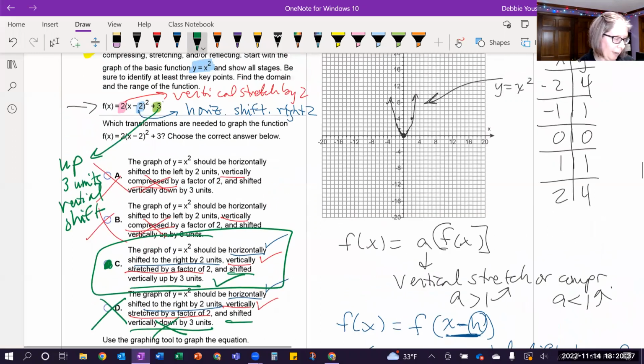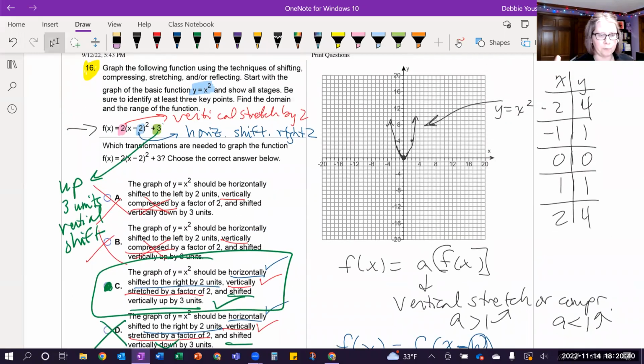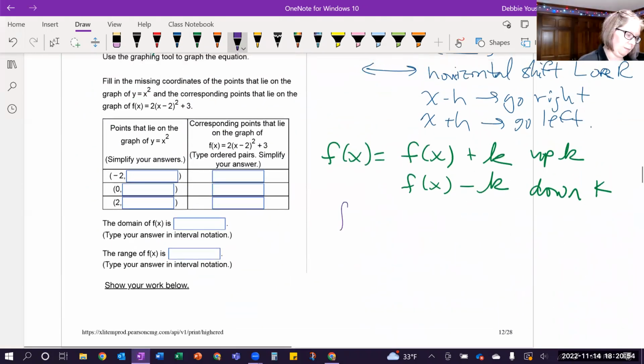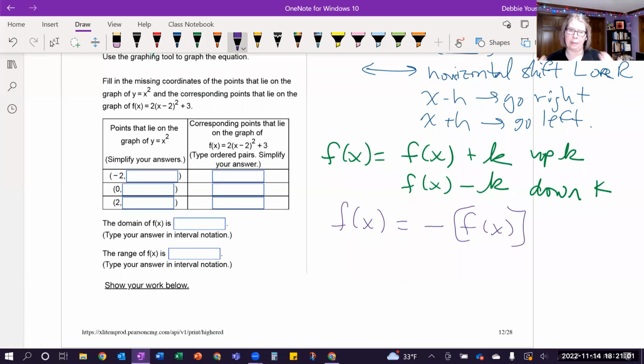Now, what this doesn't have that could be another type of transformation is there could be a minus sign that's either in the front or on the inside of the parentheses. If the minus sign is in the front of your entire function, it's saying take the y value, make it opposite. That means something that's up above positive flips to something down below negative and vice versa. So that is a reflection